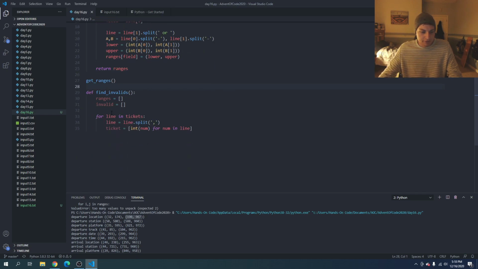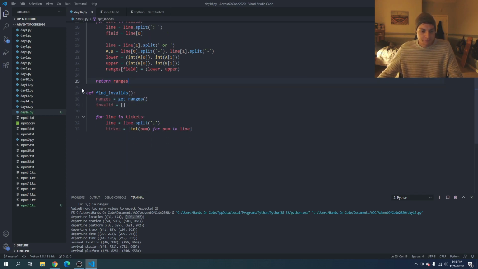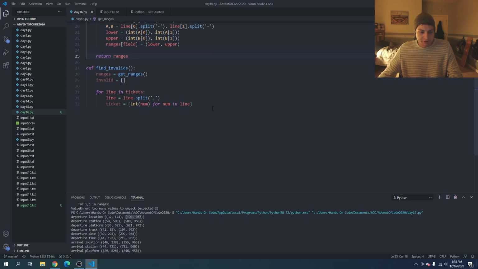Okay, so now if we go to find invalids, ranges will be equal to get ranges, and we can get rid of that here. So ranges is equal to get ranges. And then for line in tickets, okay, so now we have all the numbers in the ticket. And then for num in ticket, we need to check that ticket against each field and ranges. So for field and range in ranges.items,